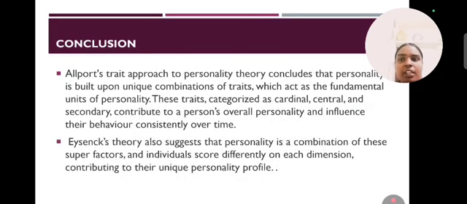Conclusion. Allport's trait approach to personality theory concludes that personality is built upon a unique combination of traits, which act as the fundamental units of personality. These traits, categorized as cardinal, central, and secondary, contribute to a person's overall personality and influence their behavior consistently over time. Eysenck's theory also suggests that personality is a combination of these super factors